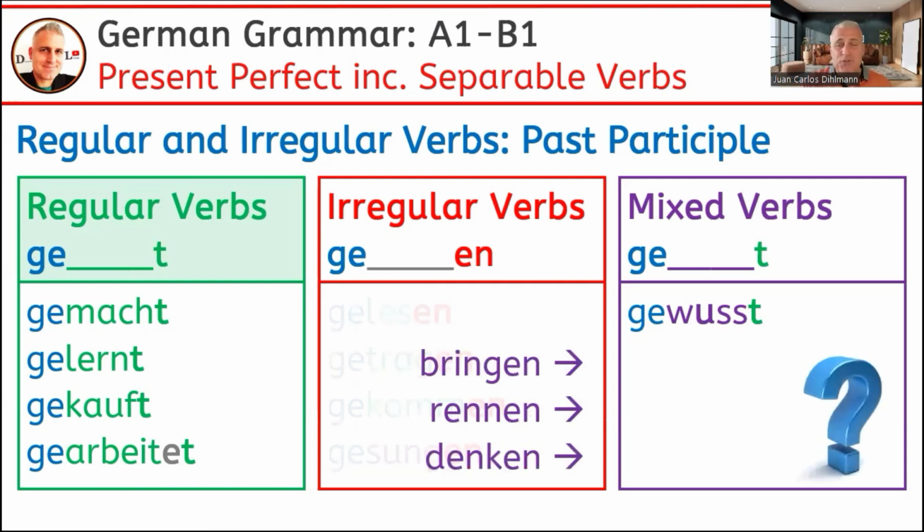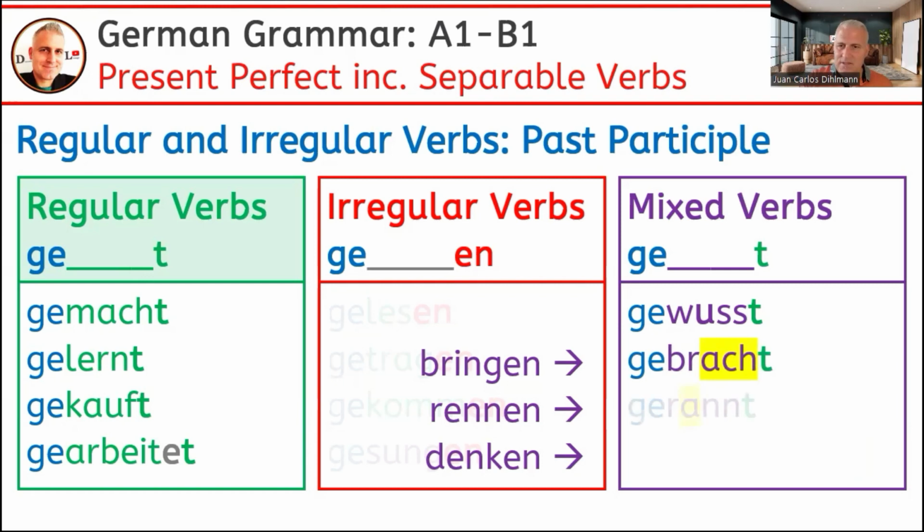Now you try to form the past participle of bringen, which means to bring, rennen, which means to run, and denken, which means to think. But now it's unpredictable because remember, the verb root will not be regular. So it's not gebringt, it's not gerennt, and it's not gedenkt. Let's see if you know it. So, bringen, gebracht. Rennen, gerannt. Denken,